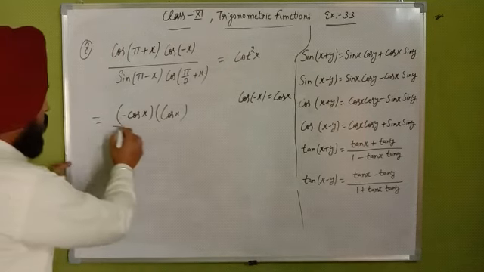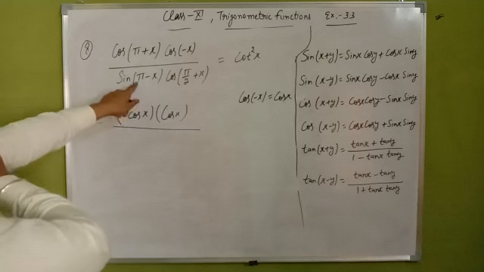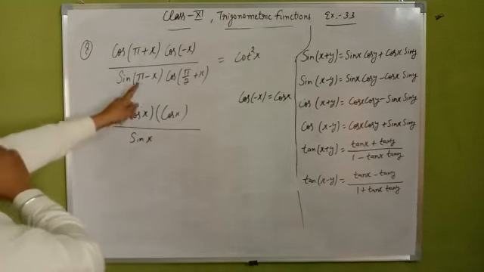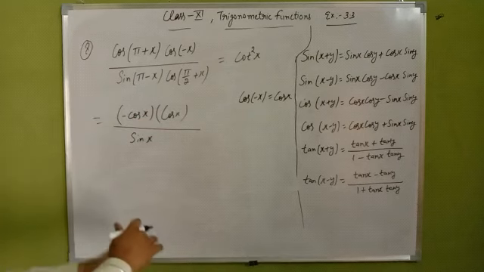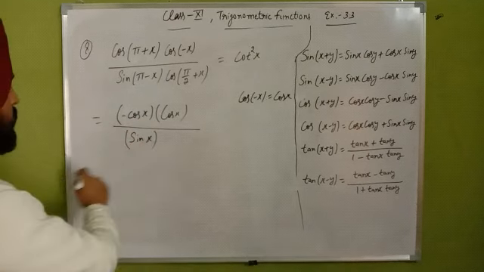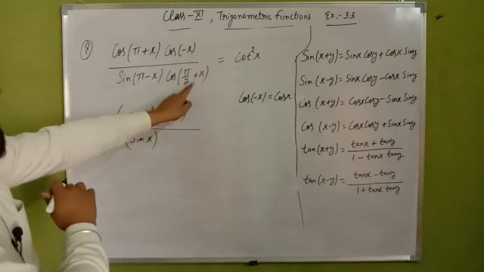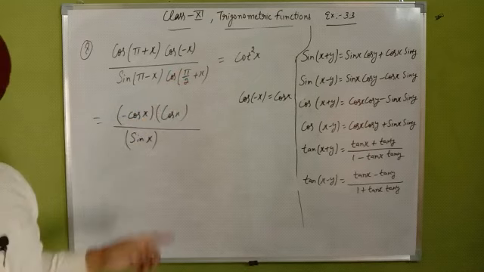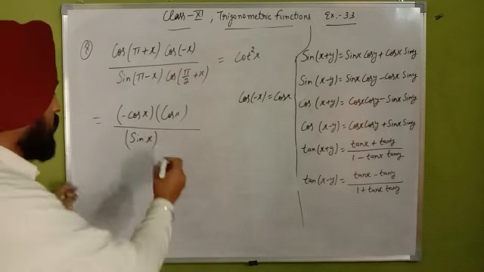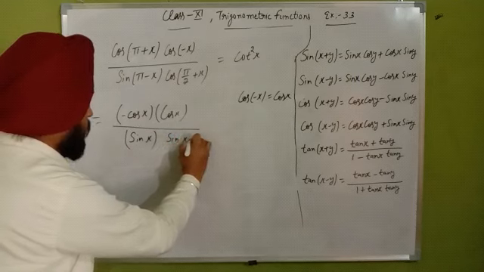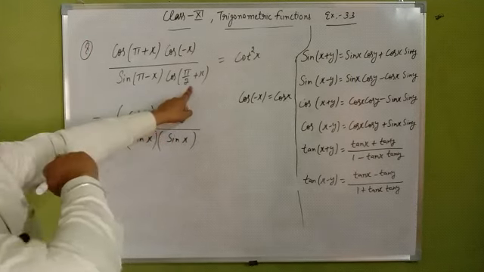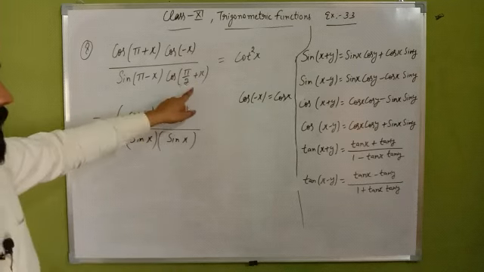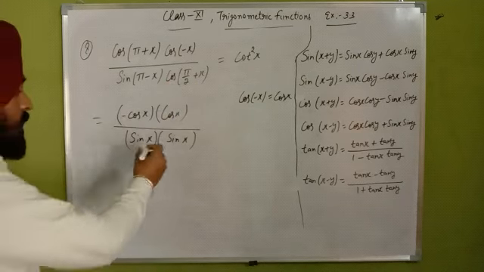Understood? Now in the denominator sin(pi - x), sin will remain sin there, x there, and pi - x, that means second quadrant, in the second quadrant sin remains always positive there. So cos(pi/2 + theta), now it is a multiple of pi/2 there, so cos will change into sin, so into sin x, but we have to focus on the quadrant now. Pi/2 plus, that means second quadrant there, in the second quadrant cos is negative there.